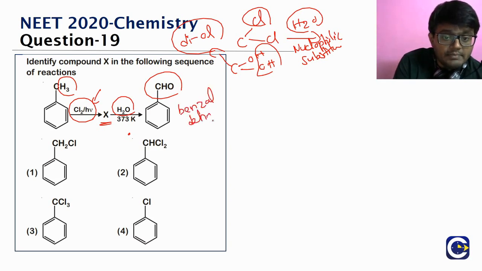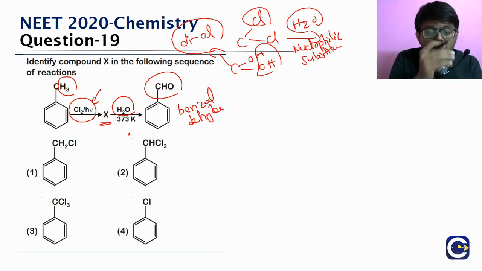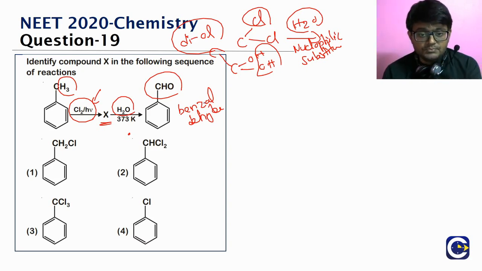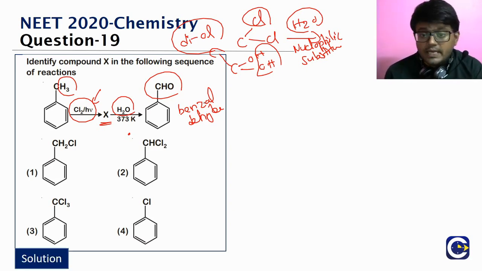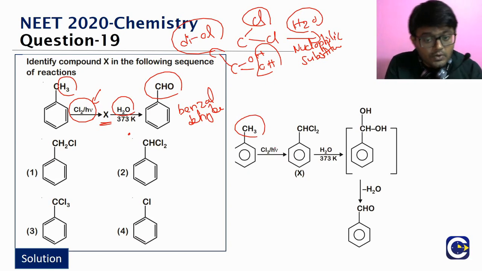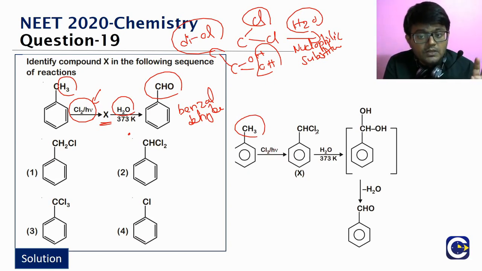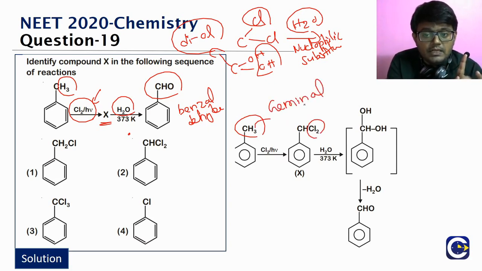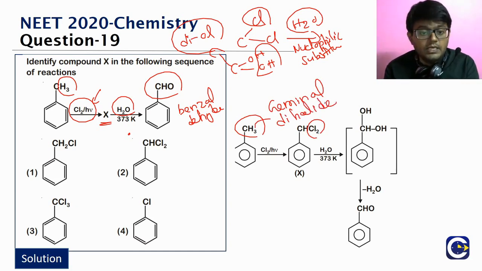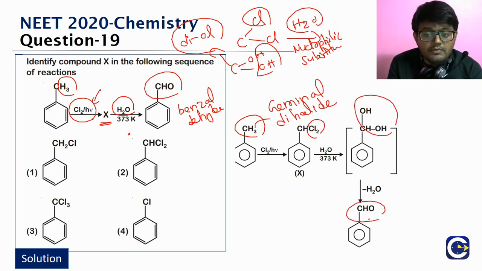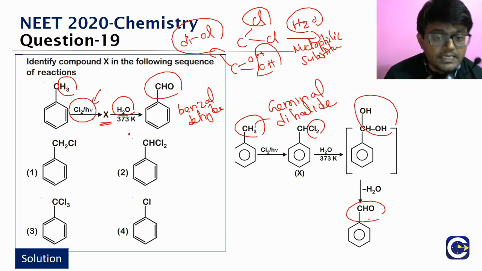So if you want to get benzaldehyde, then prior to that, on reaction with water, we should have got the product gem diol. To form a gem diol, we should have two chlorines that are getting replaced. What must be happening when we do the chlorination, the free radical substitution? Two of the hydrogens must be replaced by chlorine. That's why we will get a geminal dihalide. Now geminal dihalides, when we do the reaction with water, we will get a geminal diol. Geminal diol will be unstable, it will lose water, thereby we will get a carbonyl compound, which is in this case benzaldehyde.